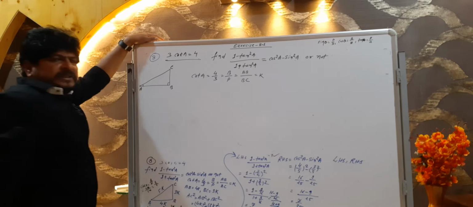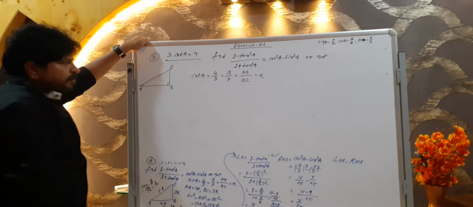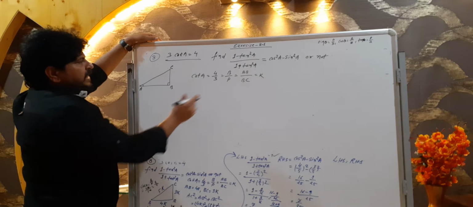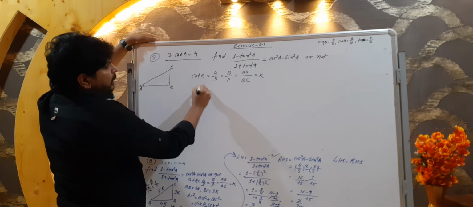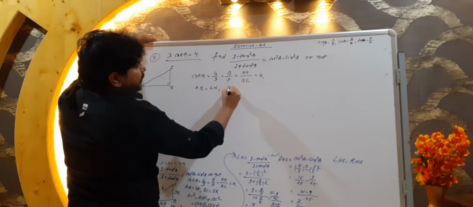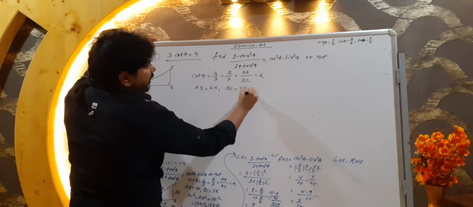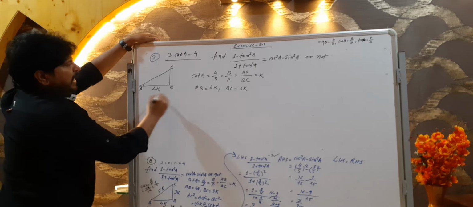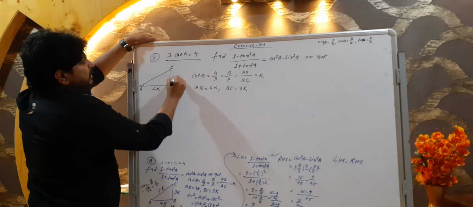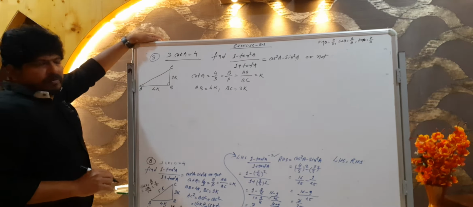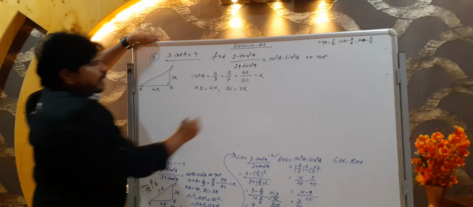Okay. And it is given in the form of a ratio, so we can take any positive integer or a constant k. Now, what would be the value of AB? AB is equal to 4k. And what would be the value of BC? It is equal to 3k. So at the place of AB we can write 4k and BC we can write 3k. Okay. Now two things we got. Now we have to use the Pythagoras theorem.